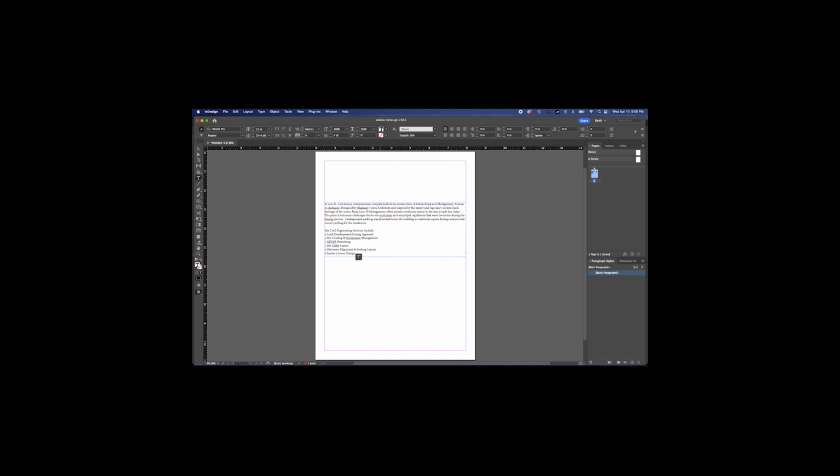So what this is going to do is it's going to give me the default InDesign text font and size. This will differ depending on whether you're on a Mac or a PC and the different fonts that you have installed on your computer. So it's given me Minion Pro 12 point with that automatic leading. Like I said, that auto is 120% of the point size, which is giving us that